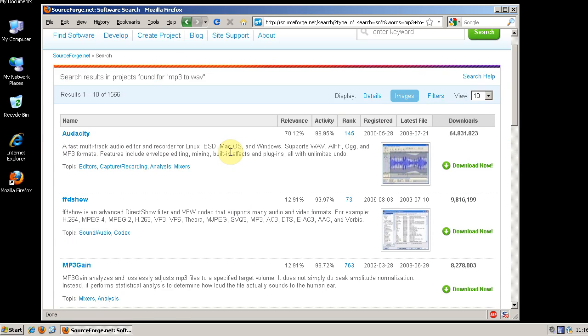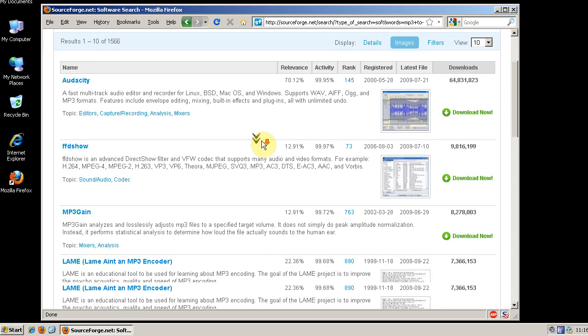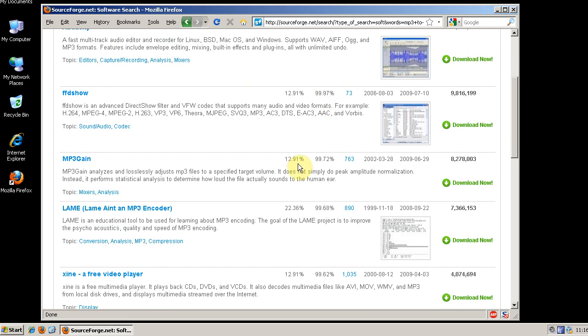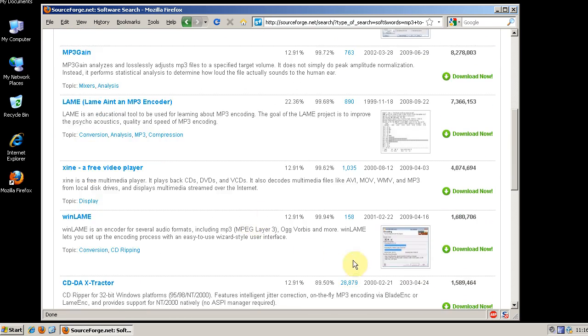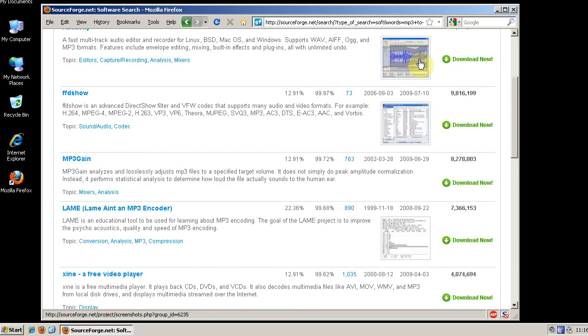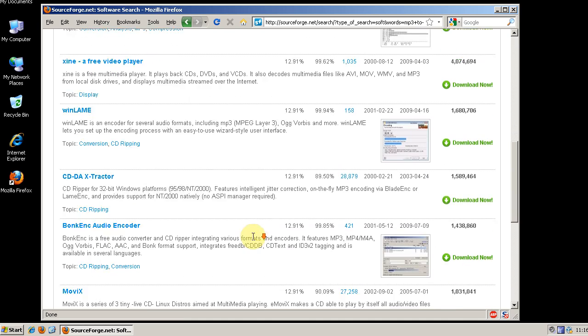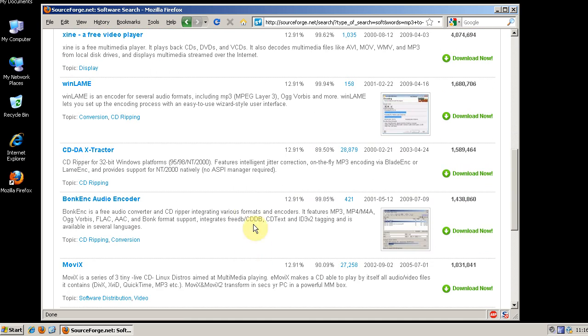And of course, we're going to get Audacity, which is a very great open source audio editor. It could do what you want, but it might be too complicated for some people. For such a task as converting MP3 to WAV, I would recommend WinLame. It's a very easy to use program and supports MP3, OGG, FLAC.